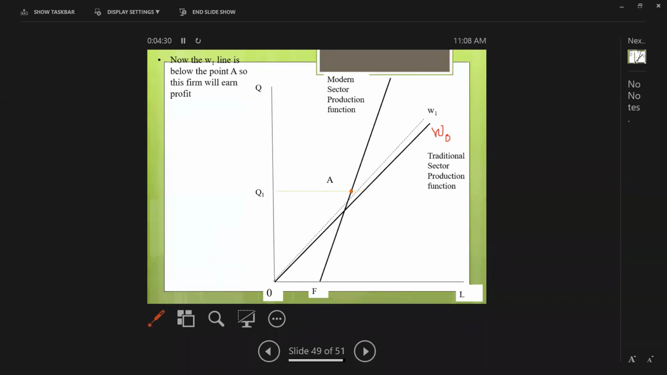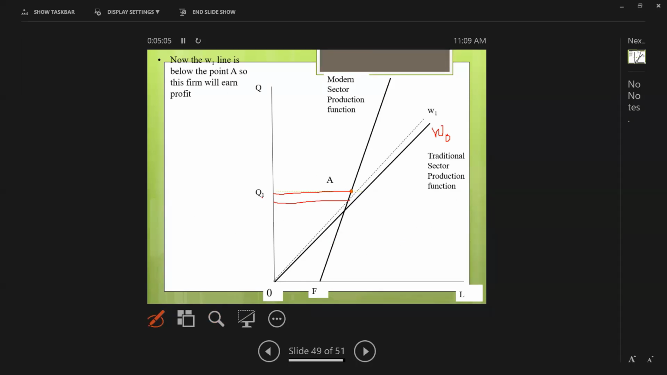So if you assume that the W1 line is below A, the red dot, it means that this is the revenue and this is the cost. So that extra portion in between is the profit. If the modern sector comes in and produces an item and the revenue they are getting is Q1, and the wages W1 are lower than that dot,